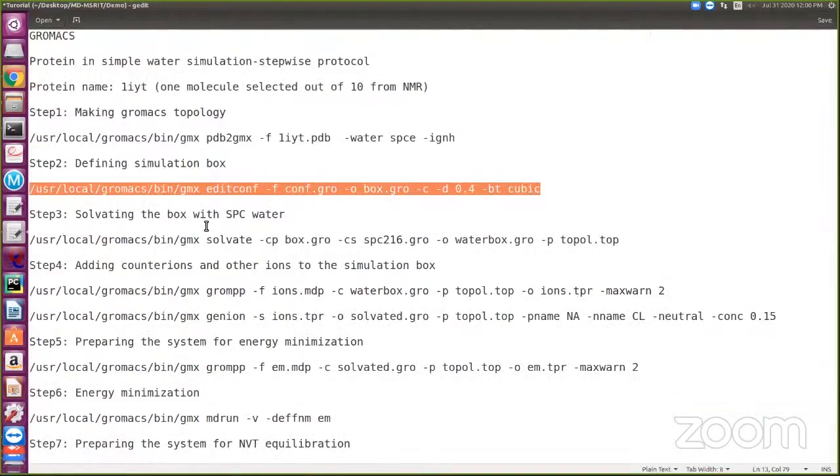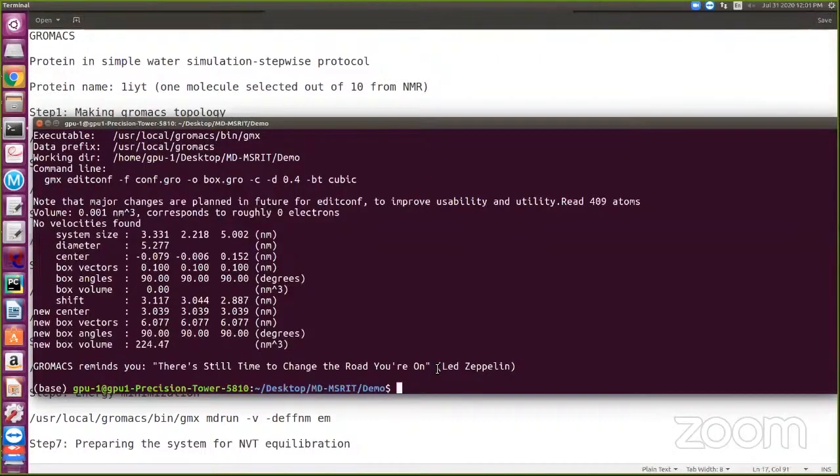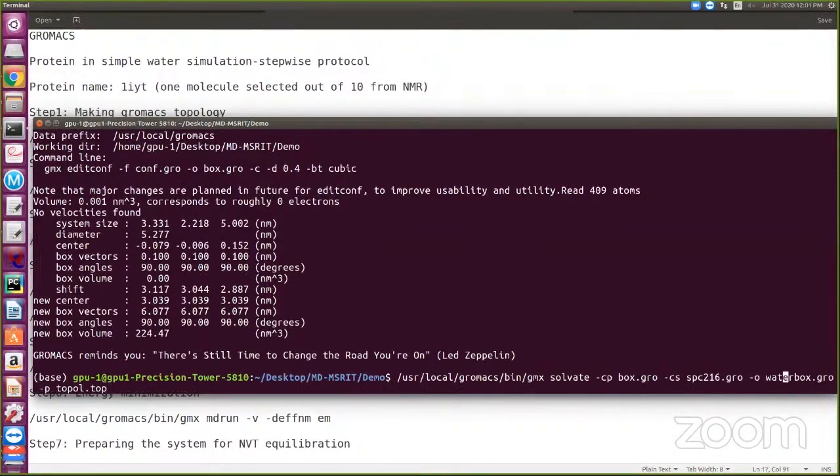What is the next command? The next command is to add water. I'm going to add SPC water. This is the command to add water in the box. Just copy this. The same way here, gmx. GROMACS has one command called solvate.